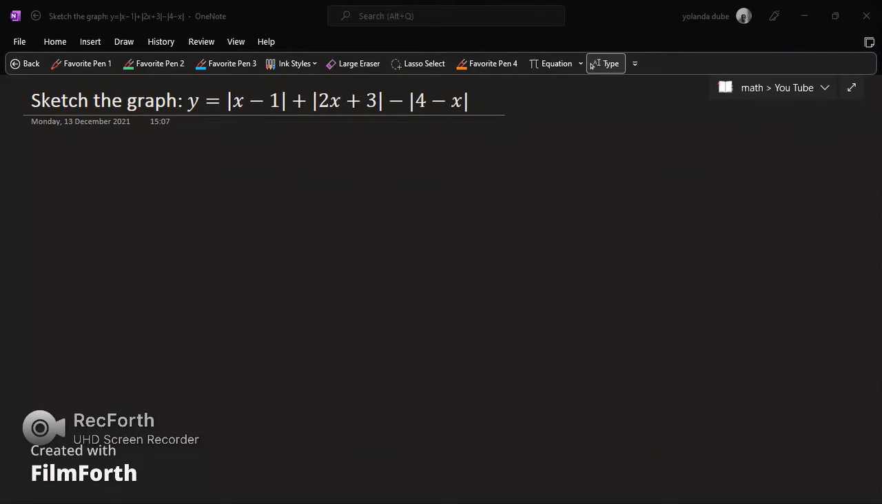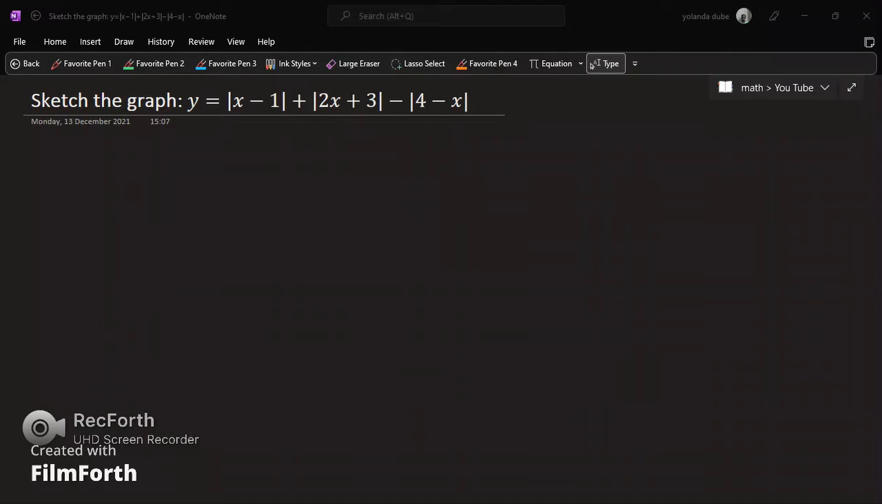Okay, so in this video, we're going to learn how to sketch a chain of absolute functions. Usually we're used to sketching a function which has at most one absolute function. And now we want to learn how to sketch a chain of absolute functions, in which you can be asked